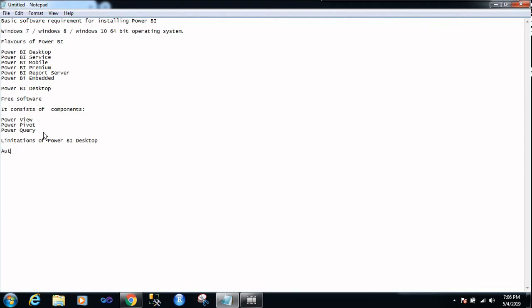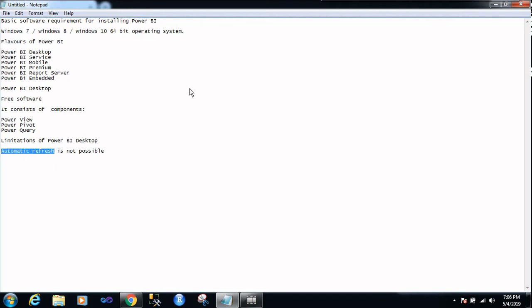You cannot refresh automatically. Automatic refresh is not possible. What do I mean by automatic refresh?